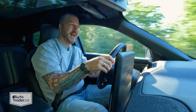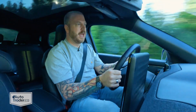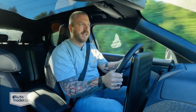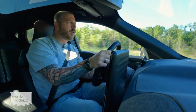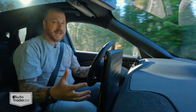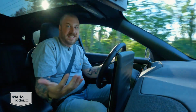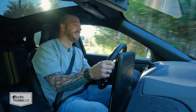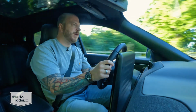But what's not are these winding roads. And this is what it's all about. Like, this thing is insane. I can't get over how much fun it is. I don't know if I've had this much fun in a vehicle on the road before in my life. No joke. Not even driving it like a maniac. Even at maybe 6 or 7/10, this thing is an absolute riot. So now that I'm driving this thing a little bit more like a Nissan Leaf,